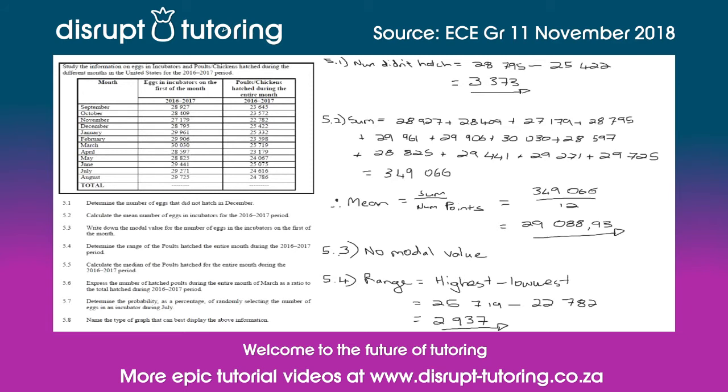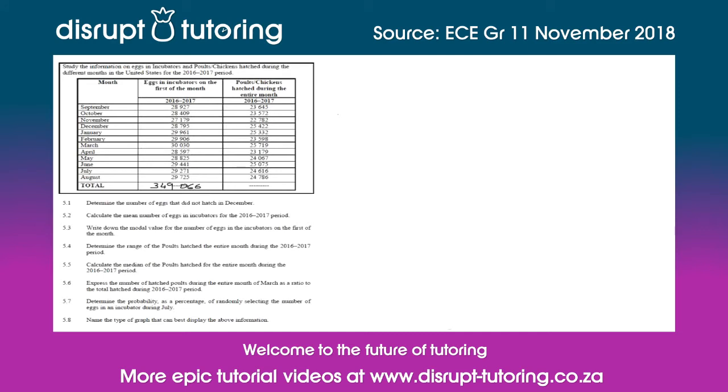And I'm just going to erase some of this working out so we have more space for the rest of the question. Before I do that, I am just going to note down this total that we calculated for the number of eggs. I'm going to write it in over here. So it's 349,066. And the reason is because we're going to need this total in the questions to come. But I'll just erase the rest for now. Okay, so now we have space for